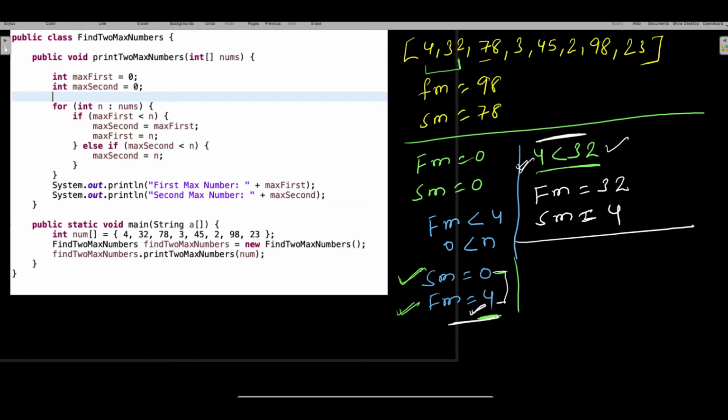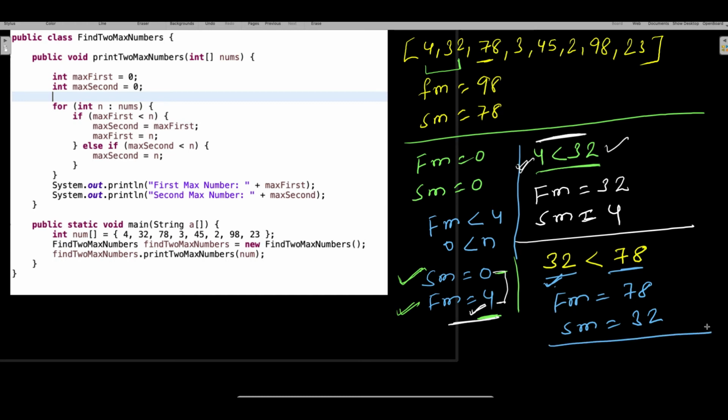You have number is equal to 78. Now focus on that. Is first max greater than 78 or less than 78? So basically the first max, which is nothing but 32, is actually less than 78, right? Now in that case what happens? Think of this pair. You got a number 32 and 78. So this was your first max. Now your first max actually became second max, right? So if you go with the logic, your first max is going to be 78 and your second max is going to be the first max, which is nothing but 32, right? Till here you got it. Now this is after iteration number three.